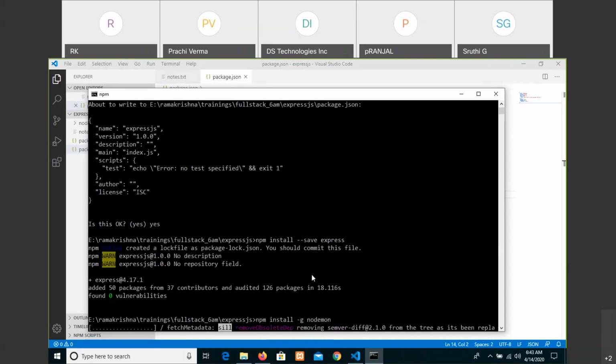Is this for installing Express.js? No, it is for running your application or program continuously, even when it changes.